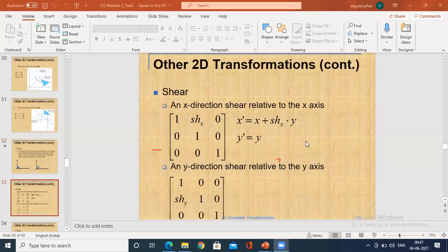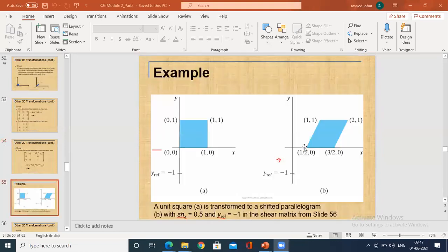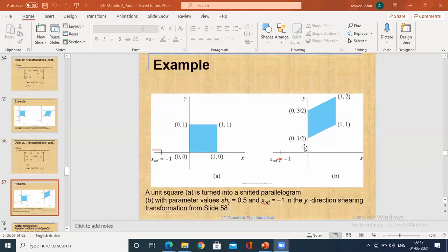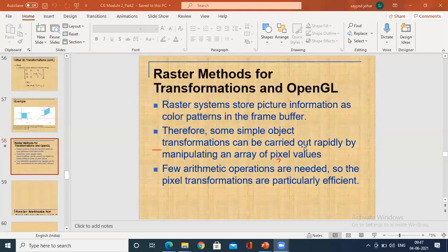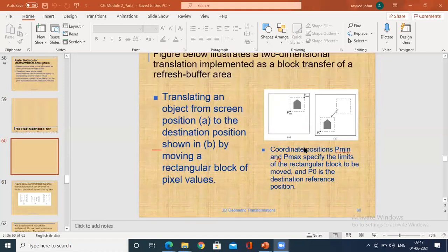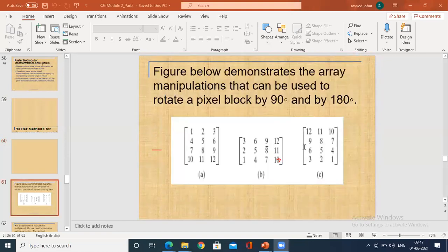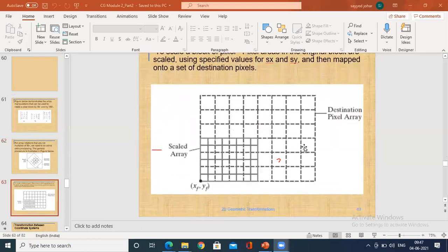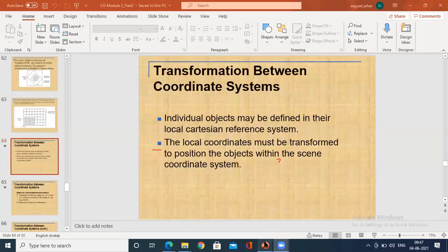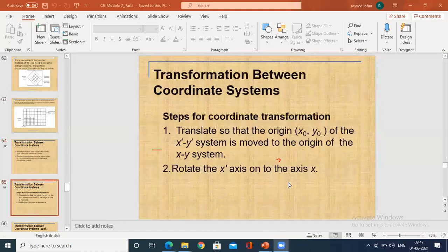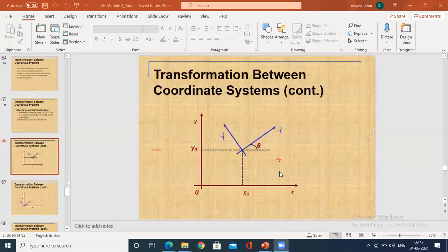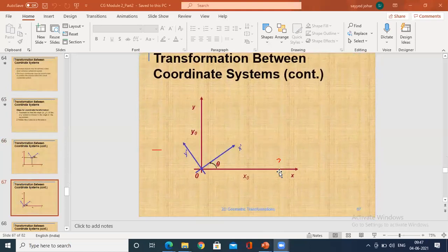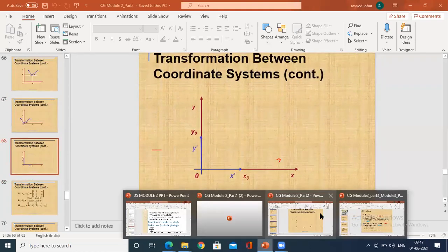Other transformations are there, but we are almost done with these concepts. Let me continue with the program. When we do the program, I'll explain this. What you have to do right now is, we'll go with Cohen Sutherland next week. That is a module by itself, a continuation. We have a few programs with respect to that. What is the Cohen Sutherland program?